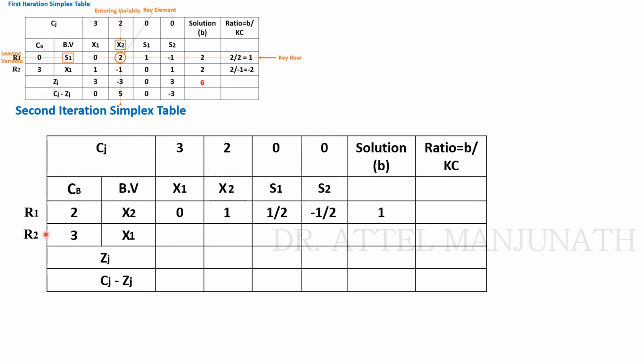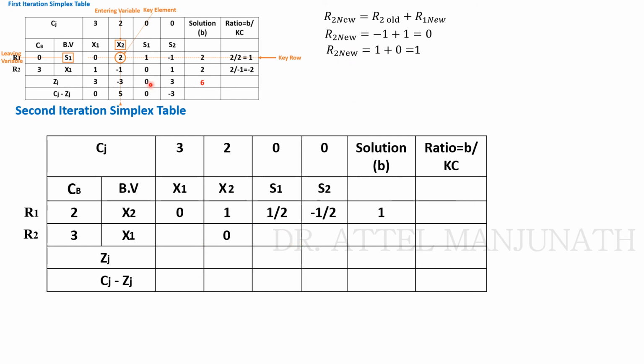And similarly now we will calculate for R2. So whatever the key column is, for that key column in the second row you should make it 0. Once you make it 0, with the same formula you can calculate the other remaining cell values. So here R2 new is equal to R2 old plus R1 new. The R2 old value is minus 1 here, plus the row 1 new value, 1. If you add that, you will get 0. So you take the R2 old values of all the cells, then add the R1 new values of the respective cells, and you will get the row 2 values.